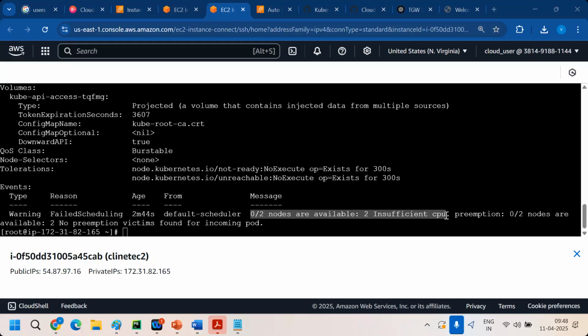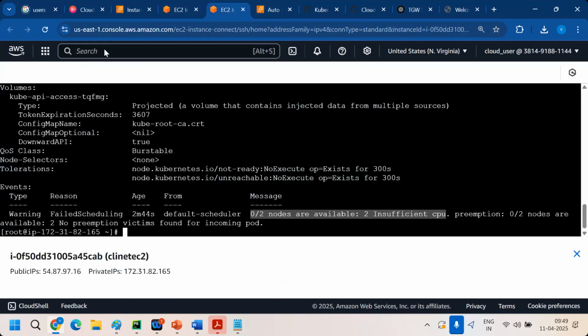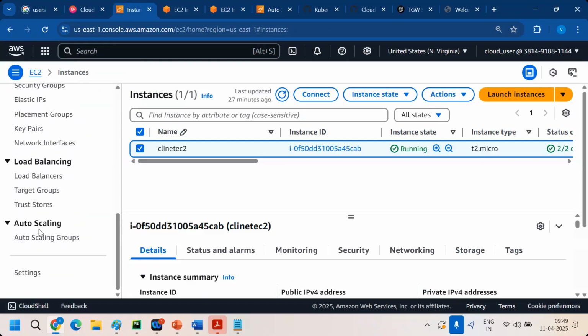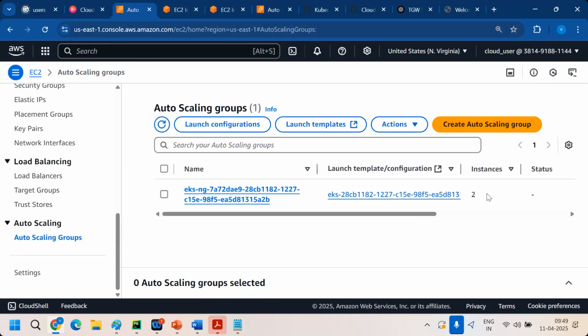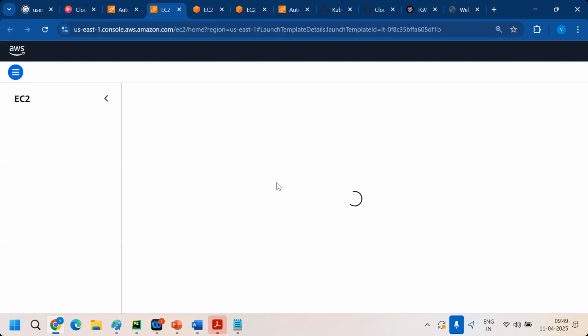But the system has to increase nodes automatically also, right? For that, we have to configure something, an auto scale process. Inbuilt auto scale process is not there. We have to build it. Clear now? Meanwhile, when I create a cluster, in the background one auto scaling group is created. See how many nodes? While creating, 2 nodes. If you click on this launch template,